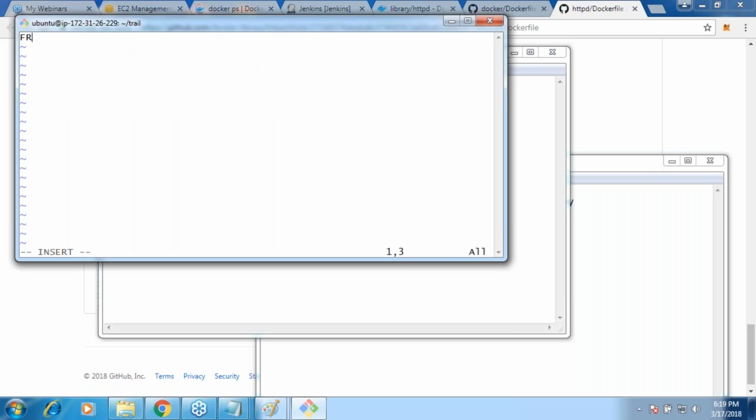Now what is that I have said? FROM ubuntu. Okay. Our image has many problems. I'll come back to that, but for the first image all of these problems are accepted. It's okay. So RUN apt-get update and apt-get install apache2. Okay. EXPOSE 80. Okay. And